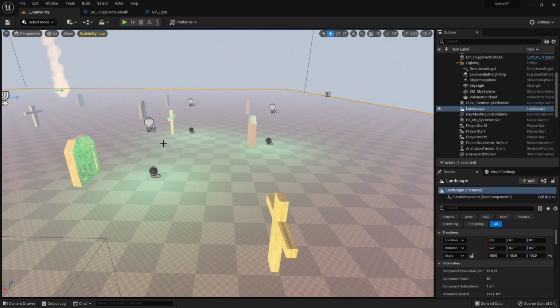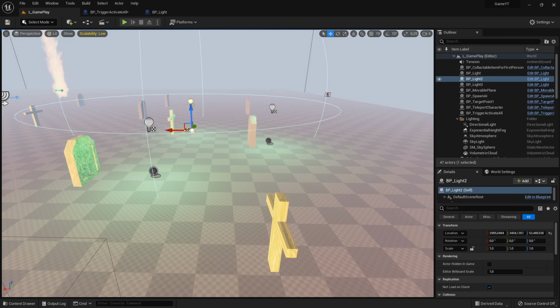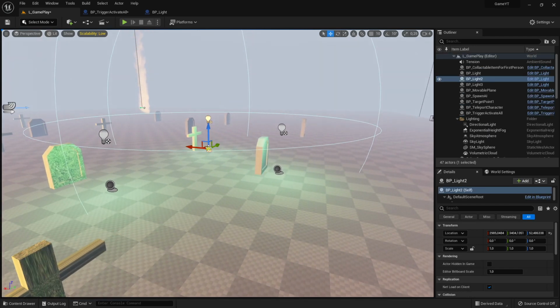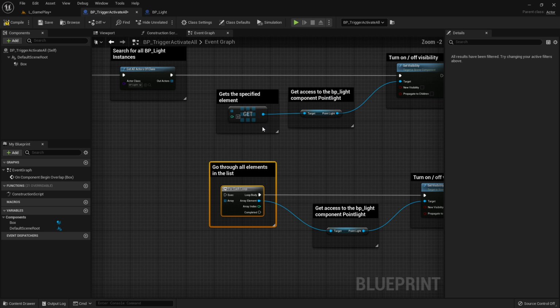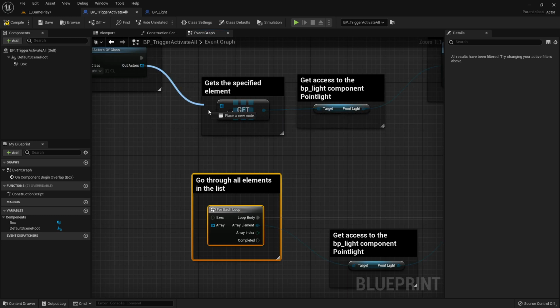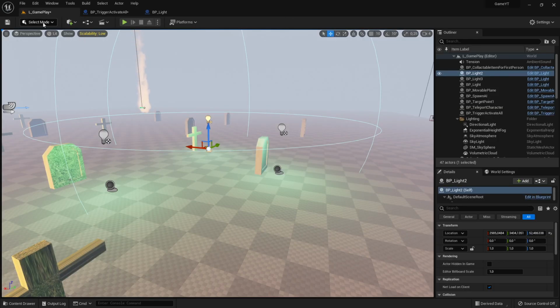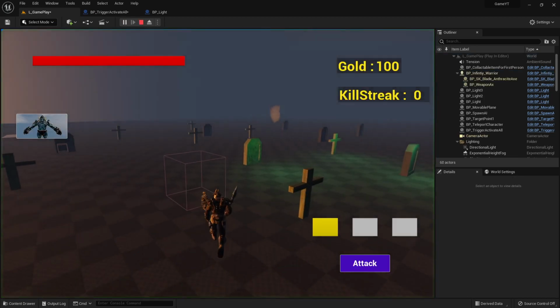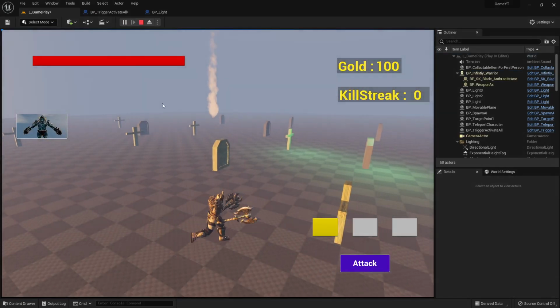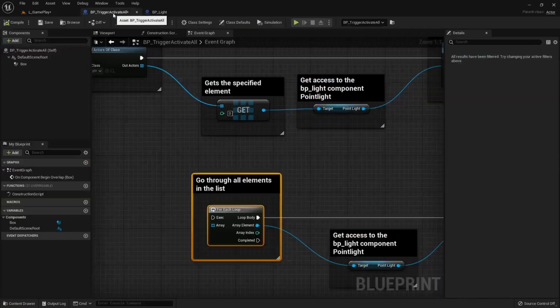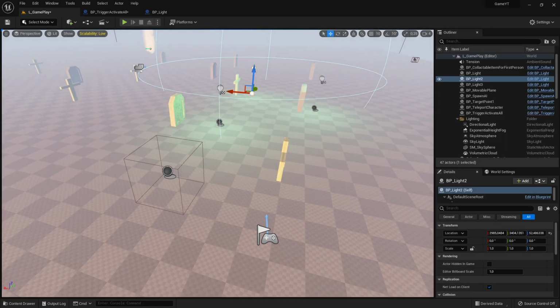But the problem is, what if I want to select exactly this one here? That means I want to select only one, but I don't know which one it is in the list, right? So I want to select this one. When I just make this one run, it's still selecting this one. It's the first one. Then I have to figure out this element somehow, and that can be really annoying,